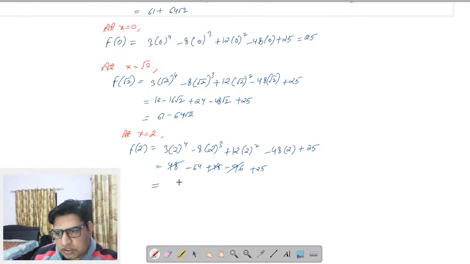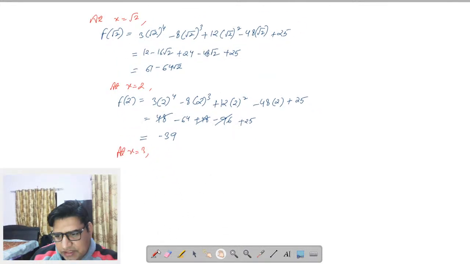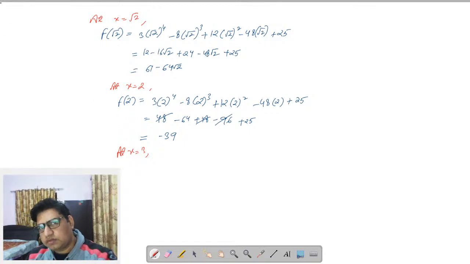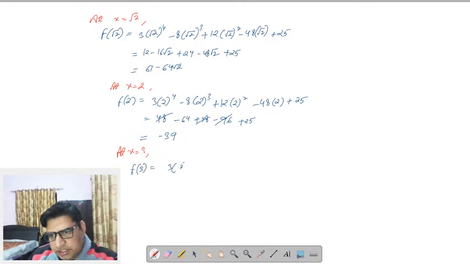Let it be 39. Okay, minus 39, and now let's try to find the value of the function at x equal to 3. So here we have f(3). Let f(3) equal 3 into 3 to the power 4, minus 8 times 3 to the power 3, 3 squared